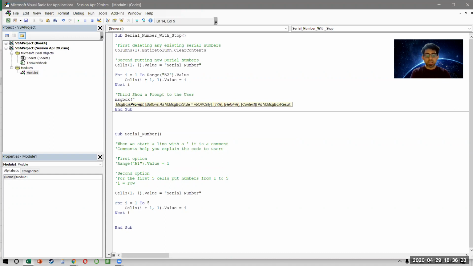And we will say, you created serial numbers from, okay, now watch this carefully, from I to, what is the last number? Our last number is range E2 dot value. So to range E2.